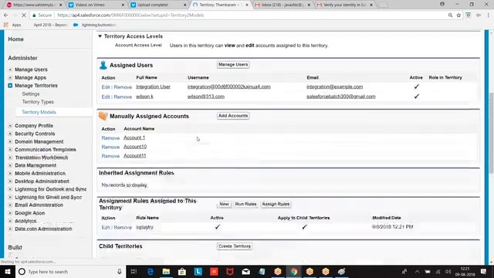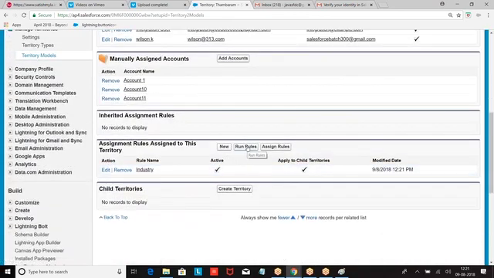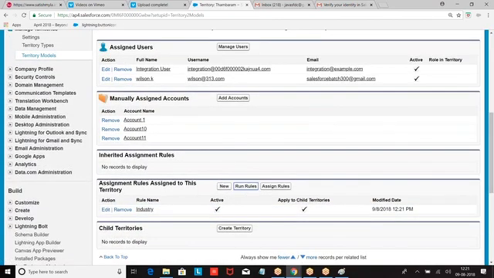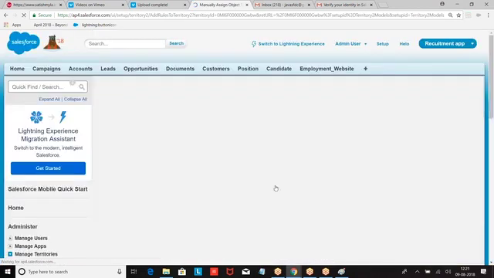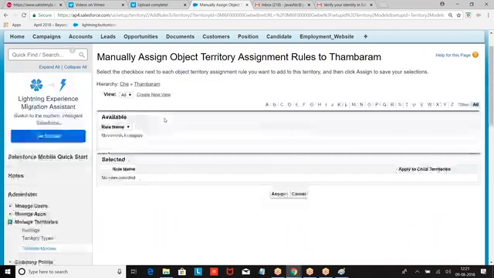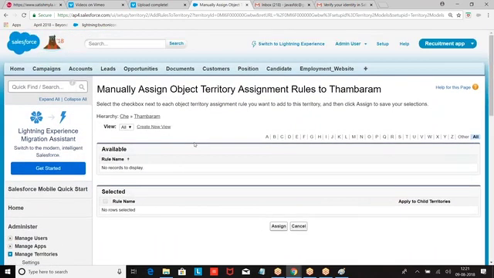I gave a rule: get me all the account records whose industry is education. So automatically we are going to get those records. If any records are pending, they will be shown here. I can add them.